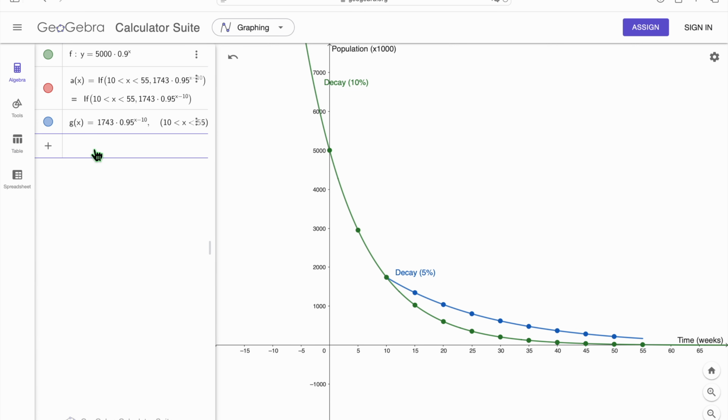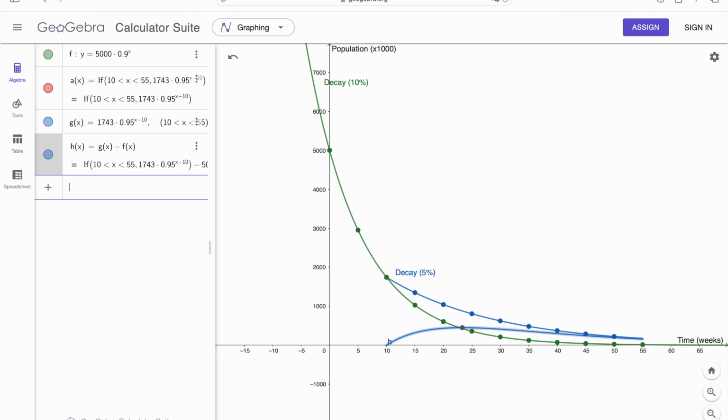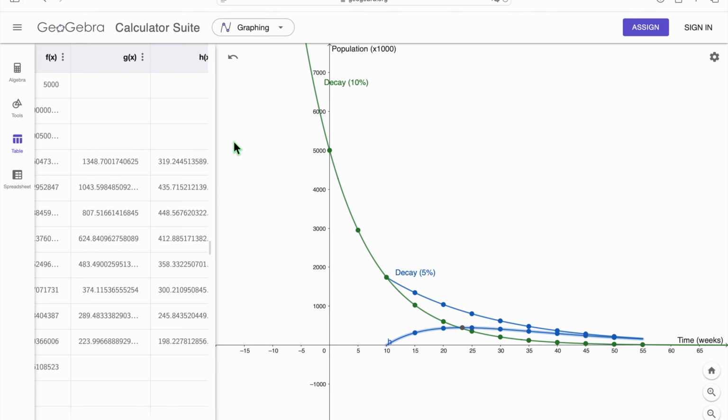Fantastic. If we really wanted to, we could do a comparison of the two. Let's see how that goes. G of x, which is that blue function. Let's take away function f. Let's see how that goes. And if I put that in my table of values, it will then give me the difference between the two. I probably don't want to see that on the graph. So I might just go